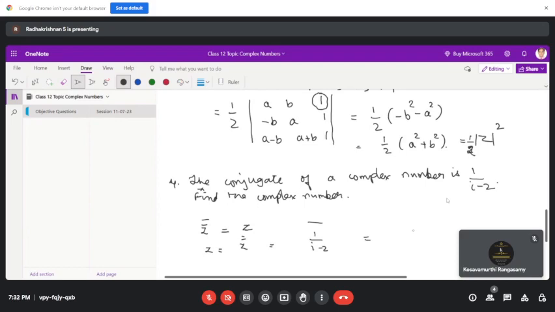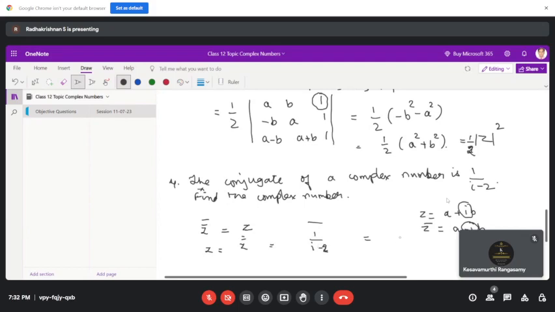Are you working on it, Sundaresan? Sir, no, sir. Okay. See, when you want to find the conjugate of a number, if it is in the form a plus ib, you will write it as a minus ib. But basically, what you are doing is putting i equal to minus i. So that is the substitution that you have to do. So it holds even when the number is of this form. 1 by i minus 2, even if it is in this form, we can put